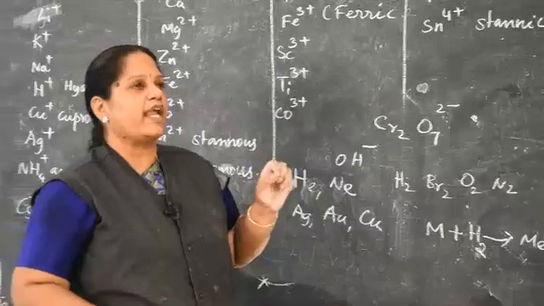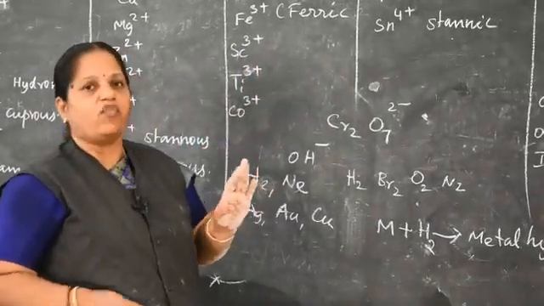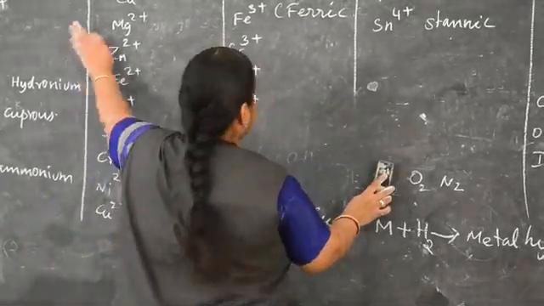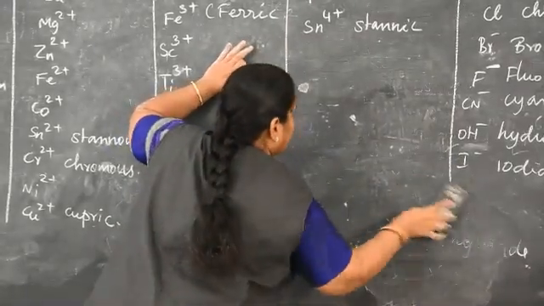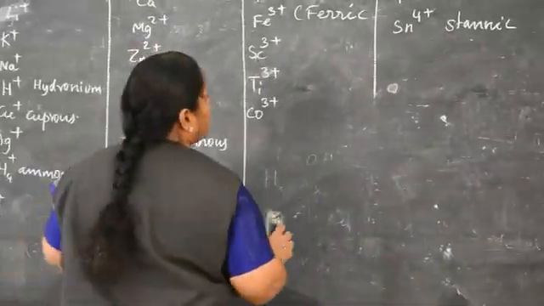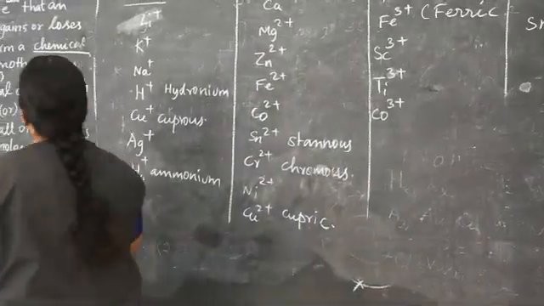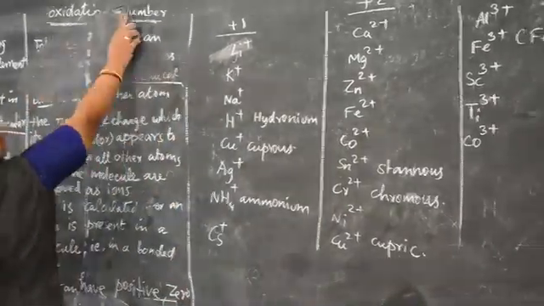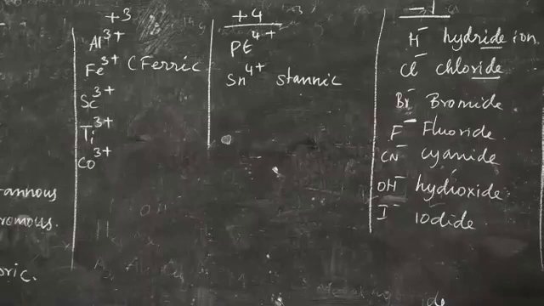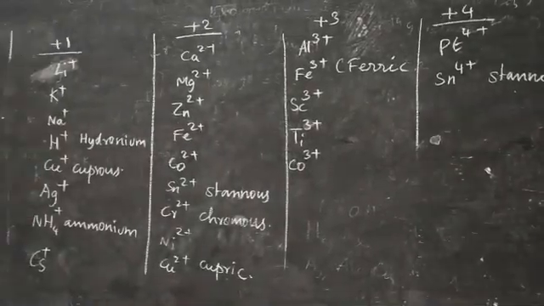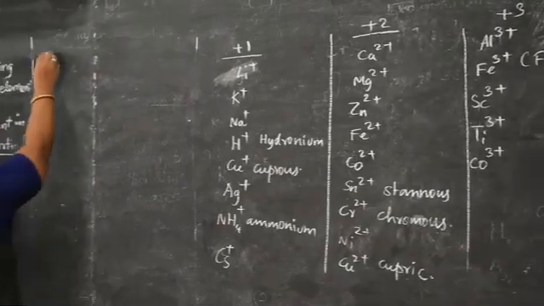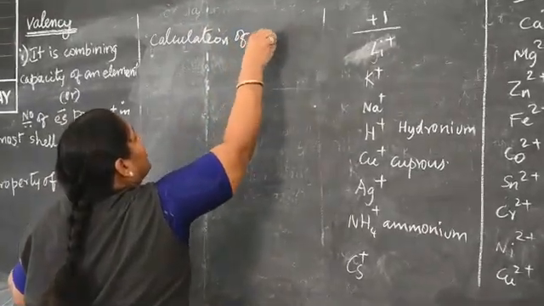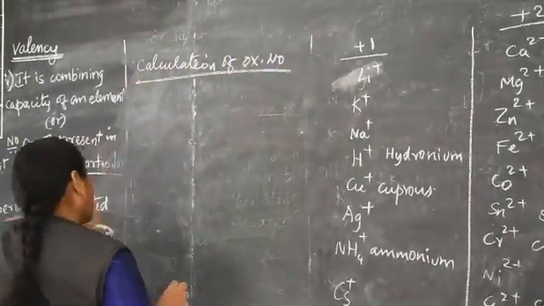Okay. So, based on this, how will you write the chemical formula for any compound? I will give some examples. This is a very important chart. Like that you find out yourself. So, how will you calculate the oxidation number? I write now: calculation of oxidation number for a few compounds. Oxidation number is otherwise called oxidation state.